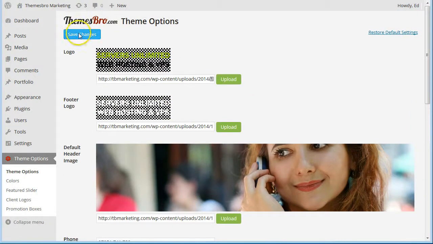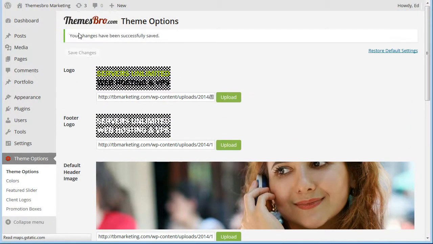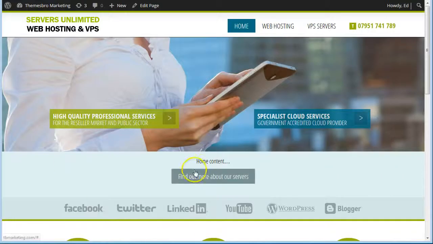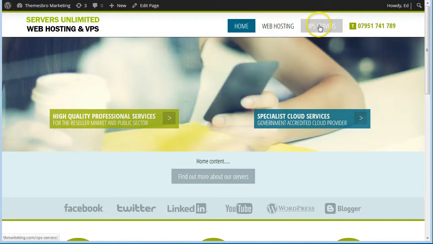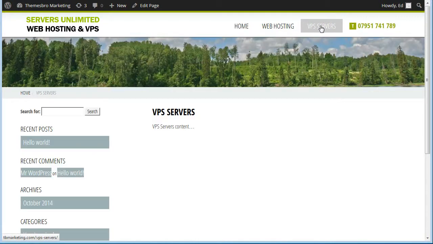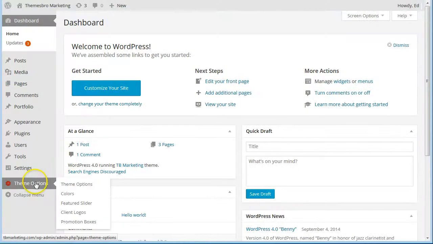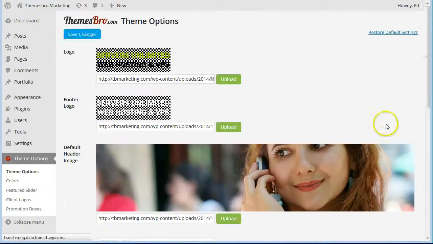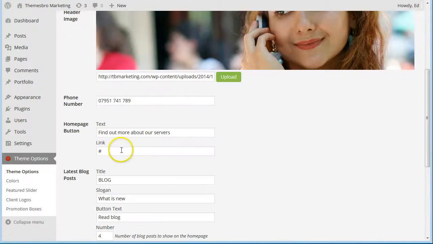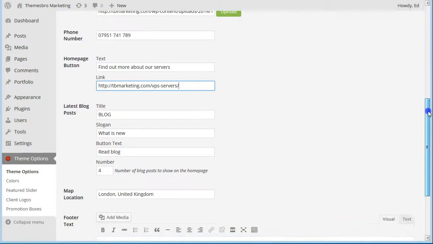Let's just save this and go back here. So you can see that this link now says find out more about our servers. Now if we click on this page, which is our server page, and copy the URL just out of the browser address bar, we can then go back here, and what we can do is paste this in here. Okay,